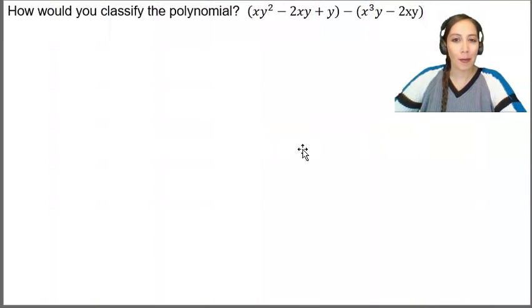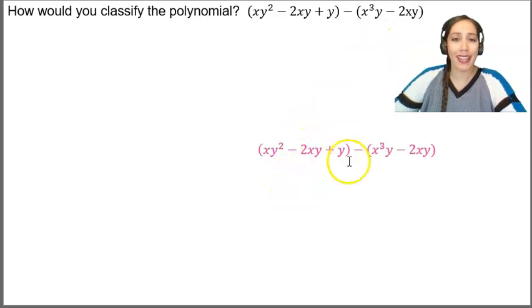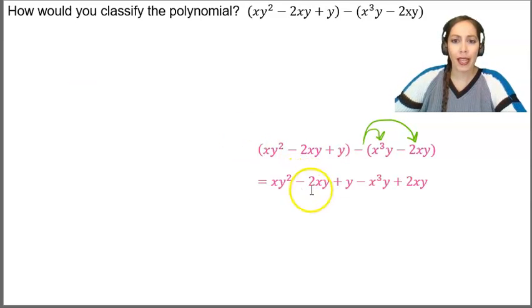How would you classify the polynomial? We have the quantity xy squared minus 2xy plus y, minus the quantity x cubed y minus 2xy. Looking at this, I know I'm going to have to distribute that negative to each term in the second quantity. So we'll have a negative times x cubed y and a negative times negative 2xy. When we do that, we can drop the parentheses on the first one